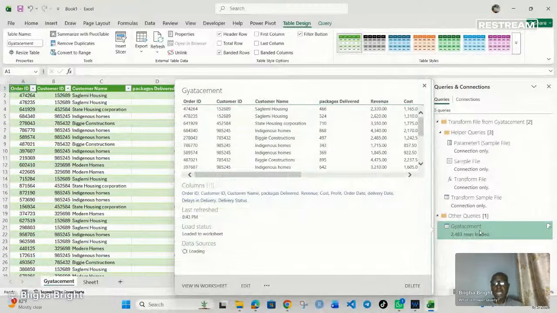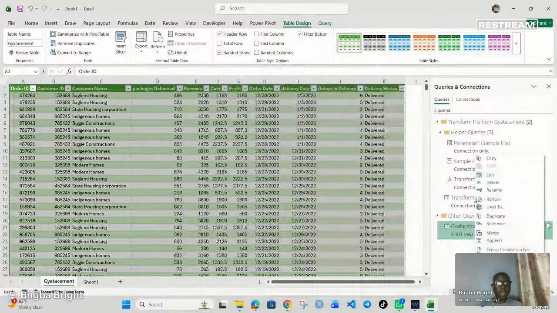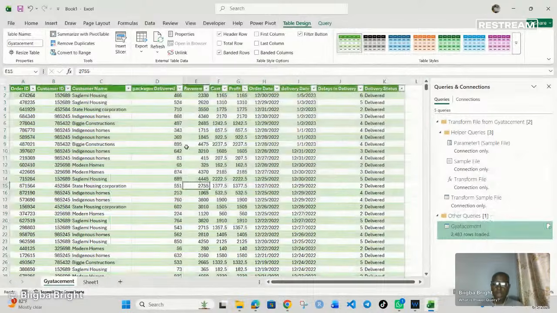So in case you have loaded the data and realize some mistake, you can still come there, right click on that and go to edit. So you can still edit the whole thing and reload it all over again, and then you are good to go. Now, having said that, come and click anywhere within the new clean data, and then go to